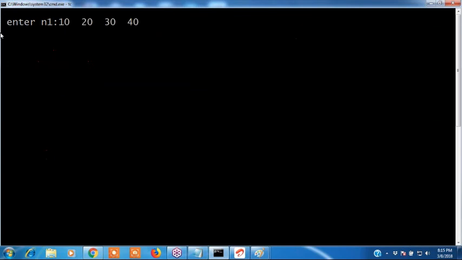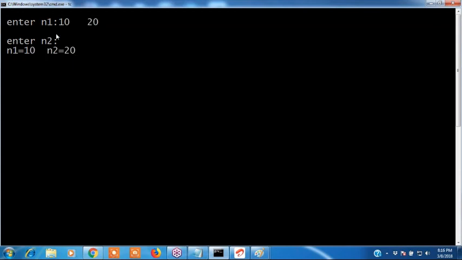See, now if I take n1 and n2, it is not asking for n2. See, guys, is it asking for n2? Got it? Actually it has to ask like this: enter n1. After that it has to ask n2. See, n1 is 10, n2 is 20. But if I give 2 inputs at a time without asking for a second input, see what is happening? It is not asking for n2. Directly it takes whatever value is there. Clear?